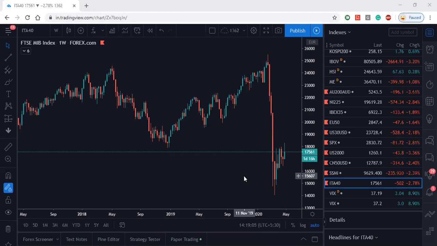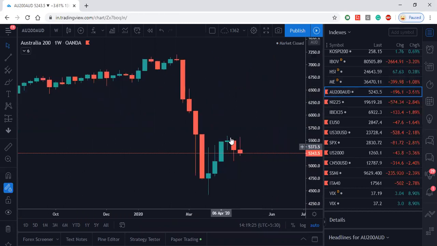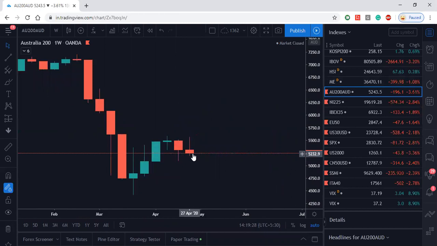And before getting into the analysis of Nifty and Bank Nifty, I would like to show you what happened with the other indexes, right? So if you see this one, let's start with the Australian one. This is Australia 200. You can see this was the fall, which is common in all the markets. And yesterday's candle. So we're having the rejection at this good resistance, right? There was an indecision. Then price was still playing there. Here we had a rejection on the downside. Now rejection of the resistance.